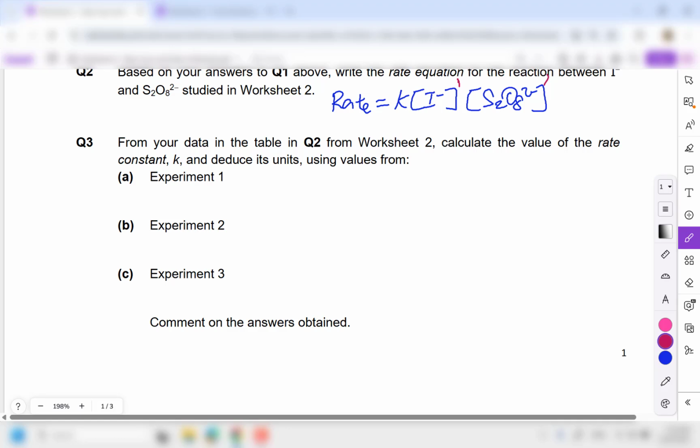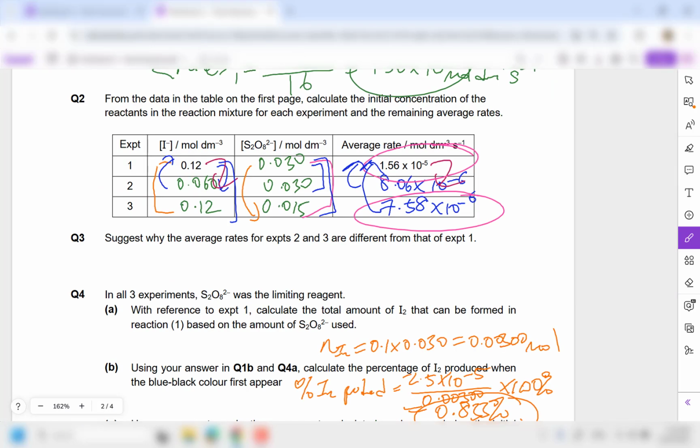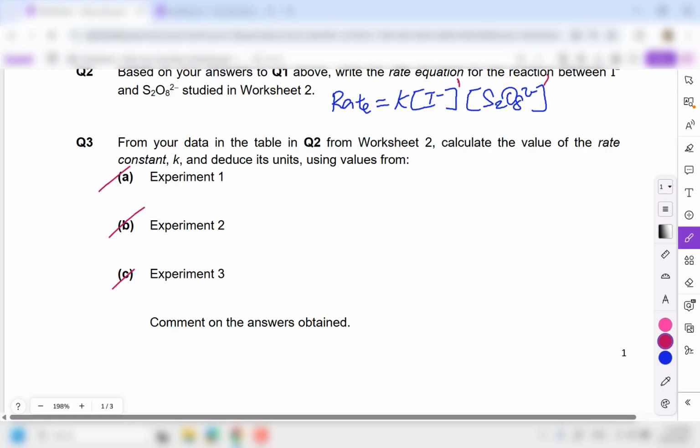So what we're going to do here is repeat the same thing 3 times, for experiment 1, experiment 2, and experiment 3. I'm just going to show 1. The rest of the working will be the same. So I will use experiment 1 as an example. In this case, the average rate is 1.56 times 10 to the power minus 5. I'm just going to use this equation. So 1.56 times 10 to the power minus 5